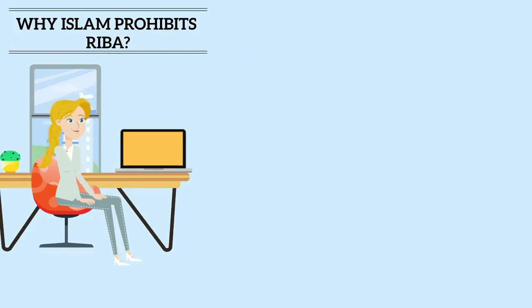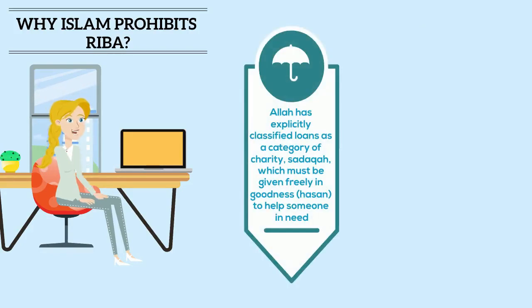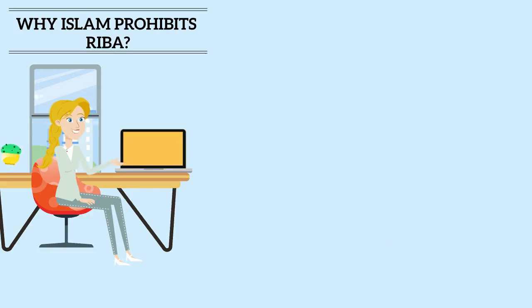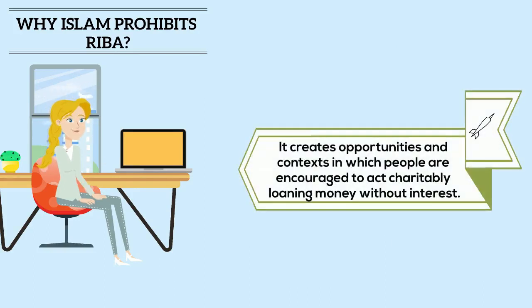Moreover, as I was searching on the internet, I found that Allah has explicitly classified loans as a category of charity, sadaqah, which must be given freely in goodness, also known as hasan, to help someone in need for the sake of Allah, or to someone who is deserving of your dutiful assistance like parents or relatives. So it is considered immoral to make money from a charity to someone in need. Furthermore, by prohibiting riba, it creates opportunities and contexts in which people are encouraged to act charitably, loaning money without